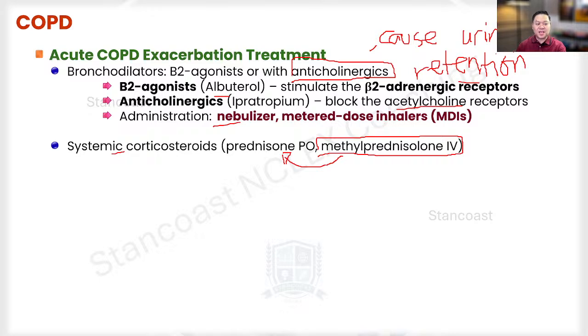Okay. So again, these are your systemic corticosteroids. And again, look for those possible side effects, and they're really going to appear in these patients. What those are, again, there will be increasing blood sugar, increasing blood pressure. And why? It's because of the retention of the sodium and water in the renal tubules. They're going to be prone to catching nosocomial infections. Okay. So those are the things that you need to watch for, especially when they are going to be treated with the methylprednisolone IV and the prednisone.